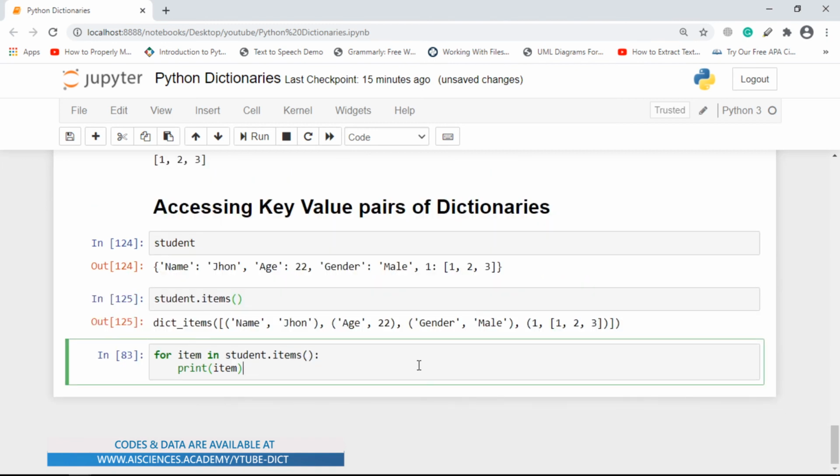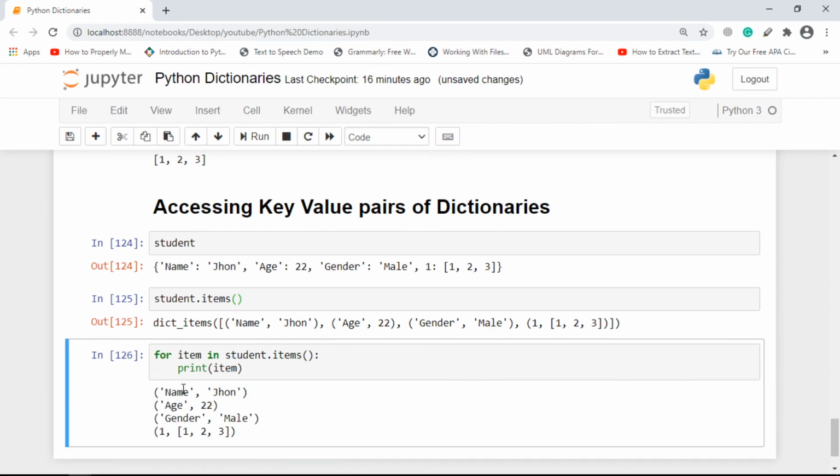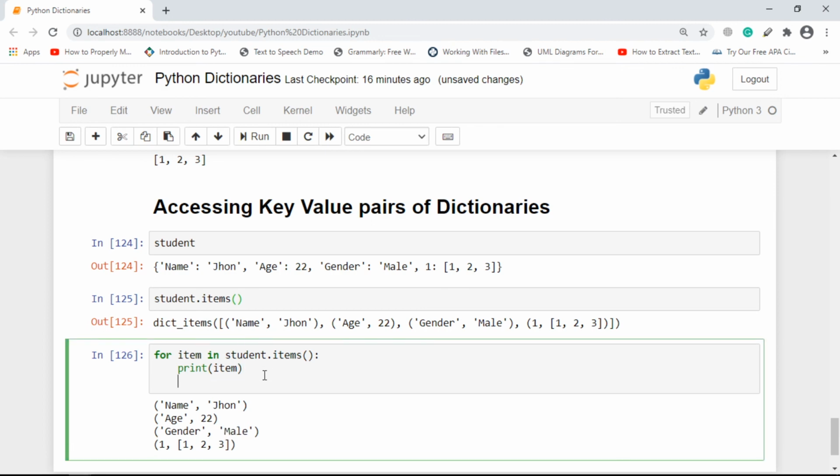So if I go over here again, now I'm iterating on student.items, and after getting the item, I'm just printing the item. Notice what I'm getting. I'm getting name key, and I'm getting John as a value. I'm getting age key, and I'm getting 22 value. I'm getting gender key, and I'm getting male value. One thing more, if you want to actually access anything, you can just simply use the indexing.